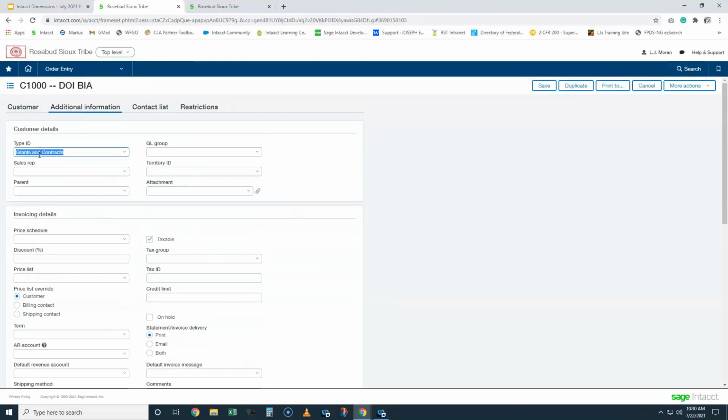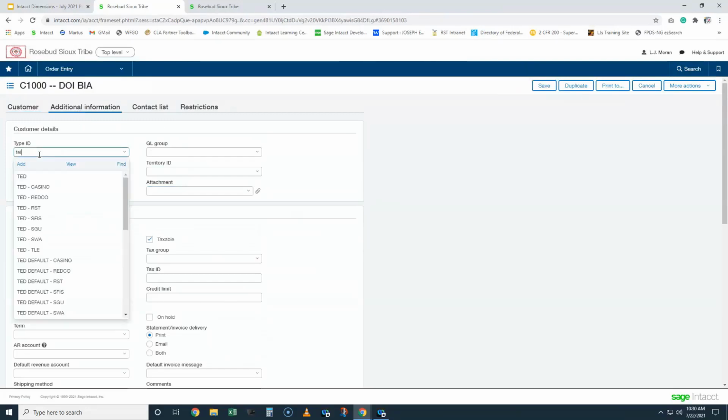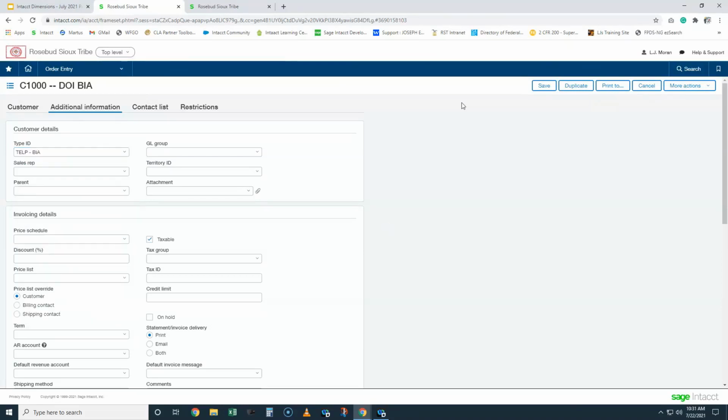We have a tab here that lets us identify the type of customer they are. So for TELP, if you were issued a loan while working through the BIA, then we would use TELP BIA, IHS, OHDC, the casino, dormitory, St. Francis, SGU, SWA, TLE, all these different organizations that we loan to. And so by identifying a person as being from one of these, this allows us then to create reports and see, well, how much money does an average employee from one of these organizations owe the tribe through the TELP loan program? So not only is just the customer number reportable on, anything that we put into the customer becomes something we can